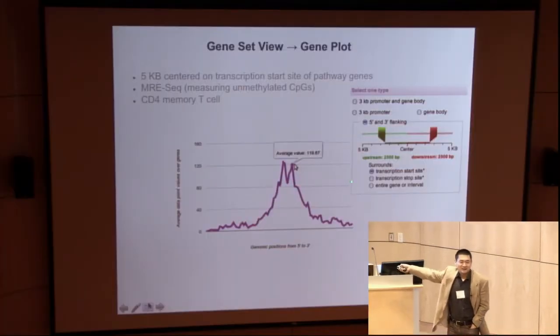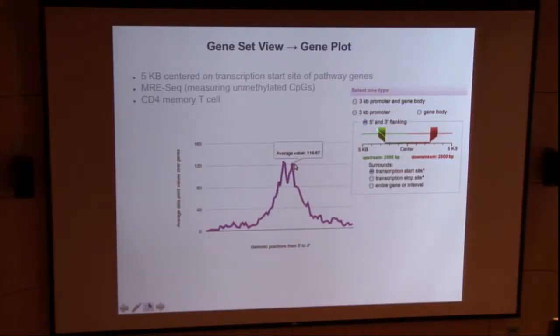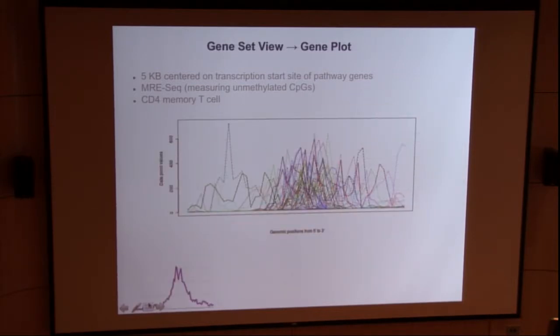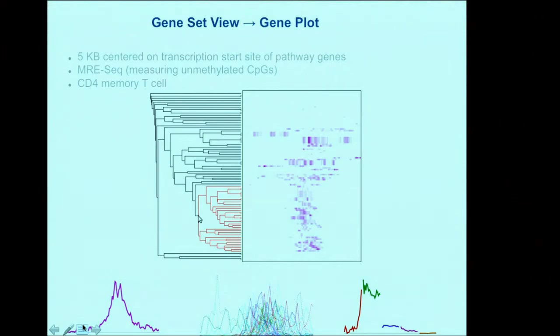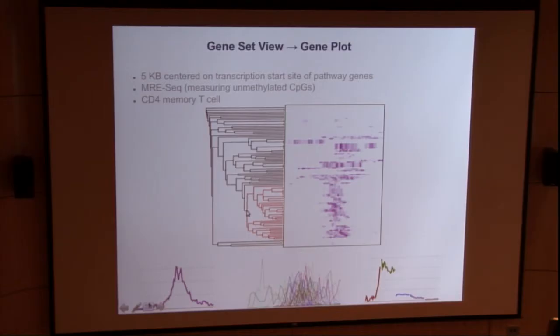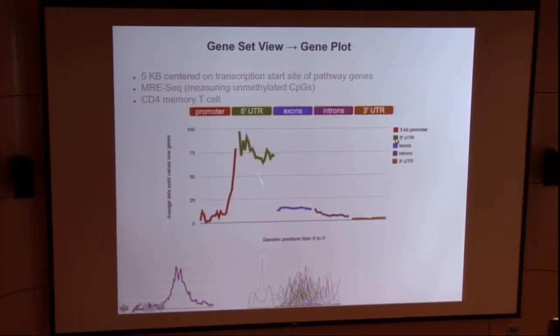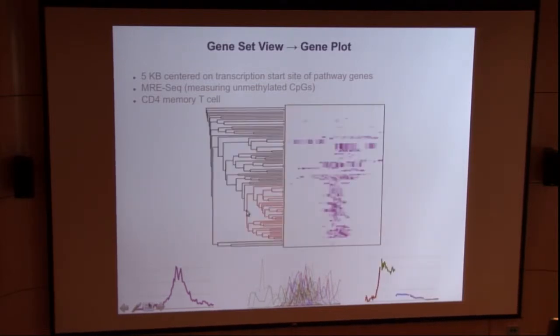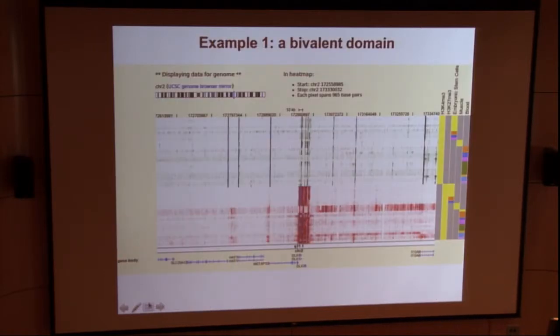The point is you can get a peak, right? This is a peak for unmethylated transcription start sites. So you can do this with just moving things around on the browser. Okay, I'm going to quickly skip this. You can do different types of profiling. You can do clusterings by just, again, a few browser hits, right? So this again shows the unmethylated pattern of the transcription start site. Okay, I have a few examples, but I'm going to skip them.